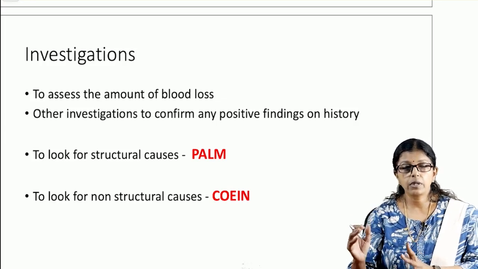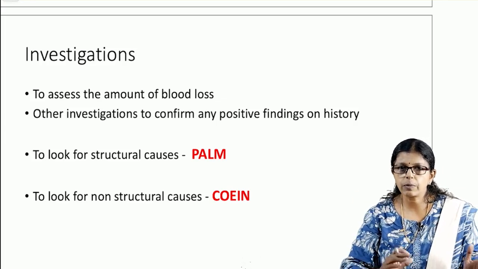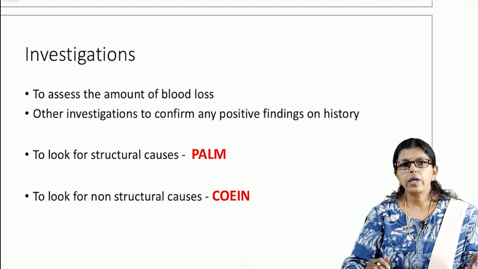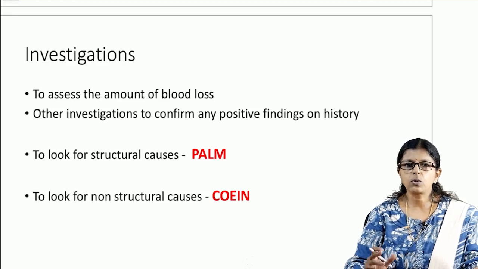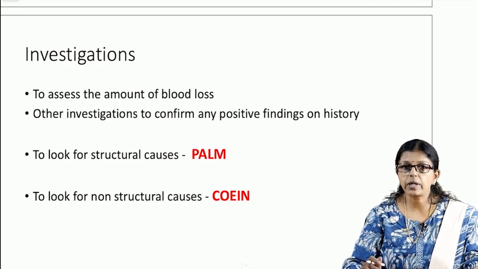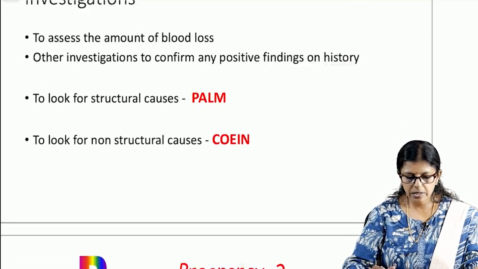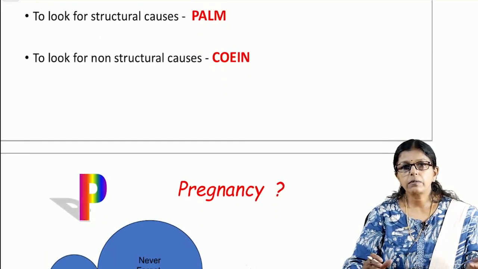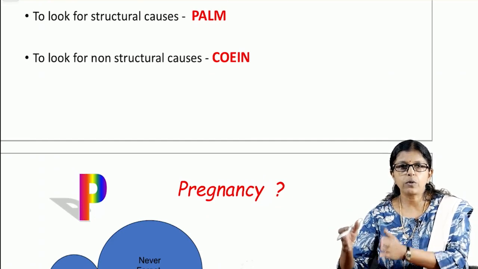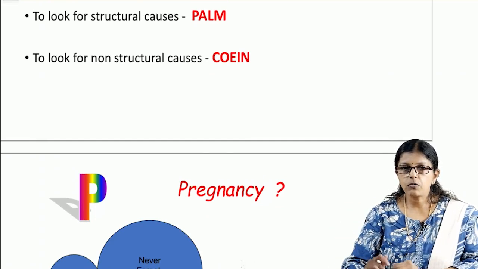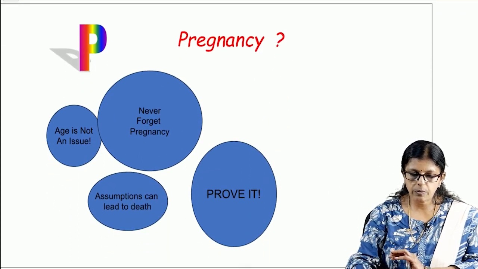What about the COIN set of causes, the PALM-COEIN group? Okay, for that you will have to do maybe a test to look for bleeding time, clotting time, what is the platelet count, what is the thyroid function test. Okay, what are the other investigations that you do from the COEIN part? So before you do all this, the first thing that you have to remember, in any